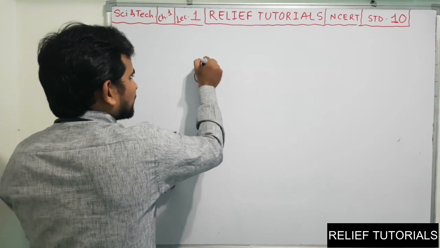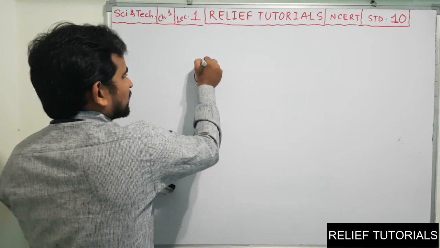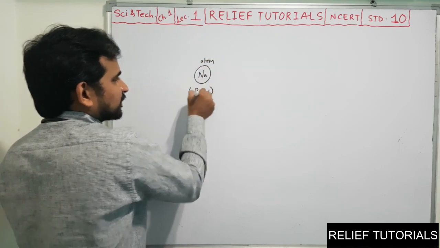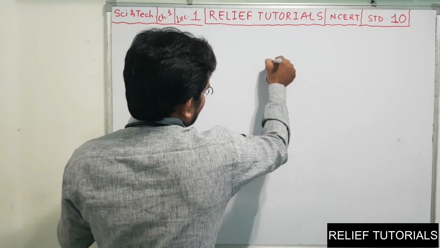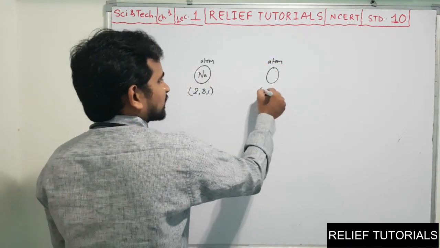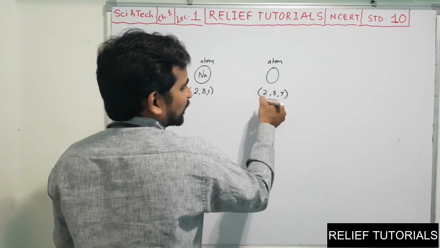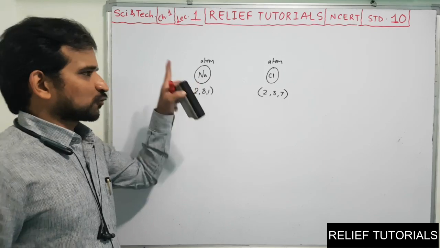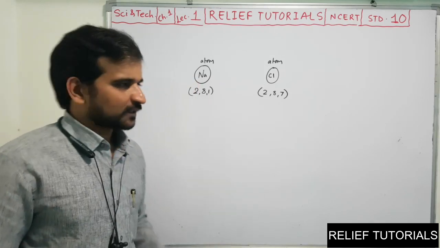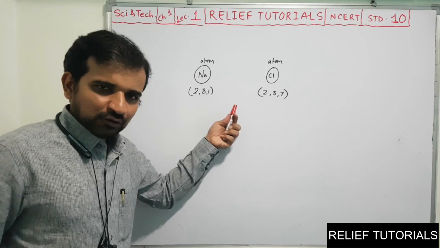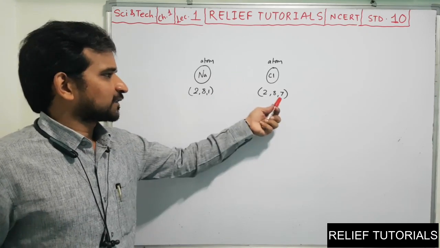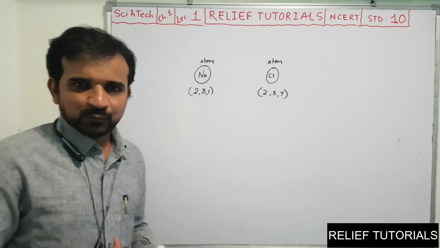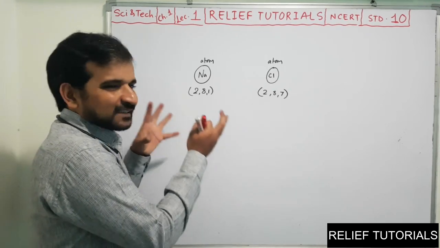Let us say this is a sodium atom. Obviously, if it is an atom, it has 2,8,1 configuration. Let us say this is a chlorine atom. It has configuration 2,8,7 according to its atomic number, 17. This is one of the sodium atoms, this is one of the chlorine atoms. Sodium has a tendency to lose this one electron to achieve stability, and chlorine has a tendency to gain one. So both have a requirement of each other.